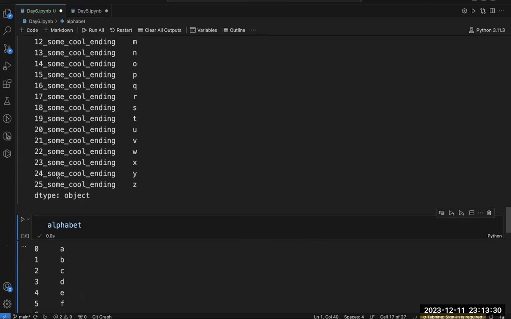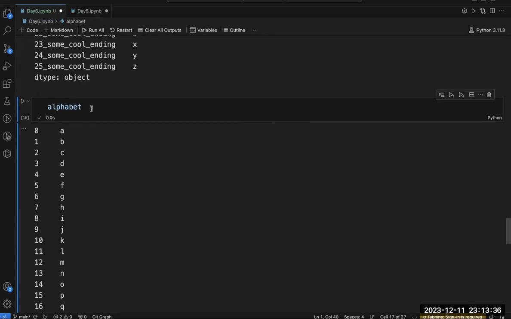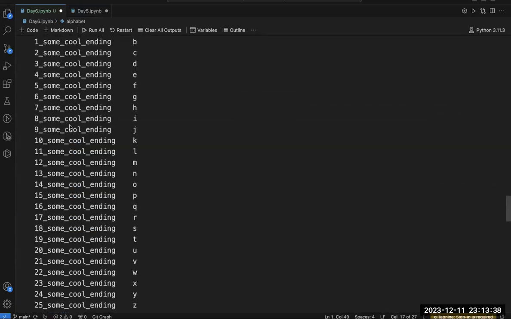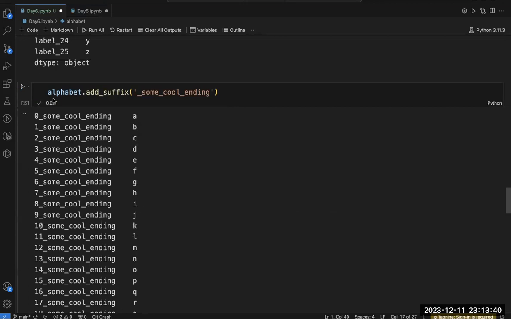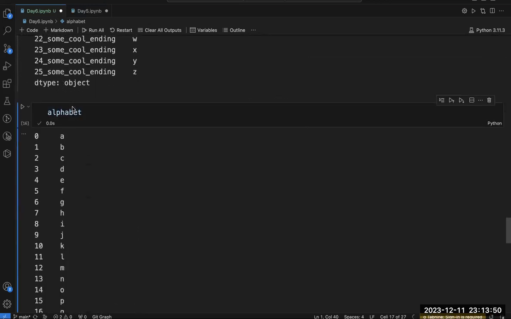Now, if I simply access this alphabet, I get no changes. That means the suffix and the prefix that I am adding to this alphabet is not a permanent change. This is just a temporary change. When I access my alphabet again, I get the same thing that was inside it. That means there is no permanent change in my alphabet series.